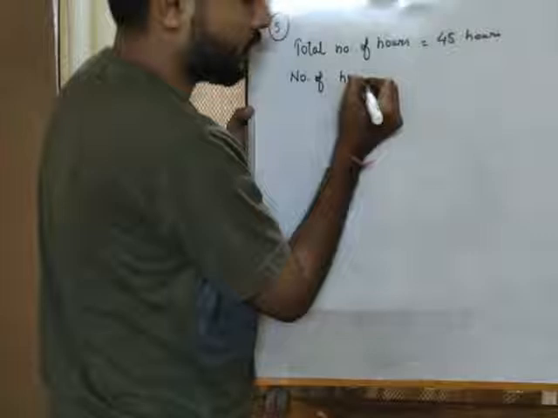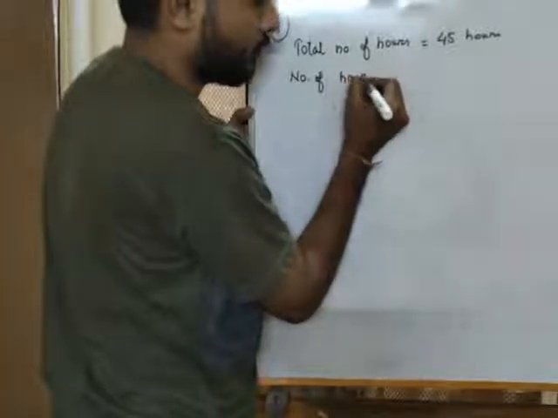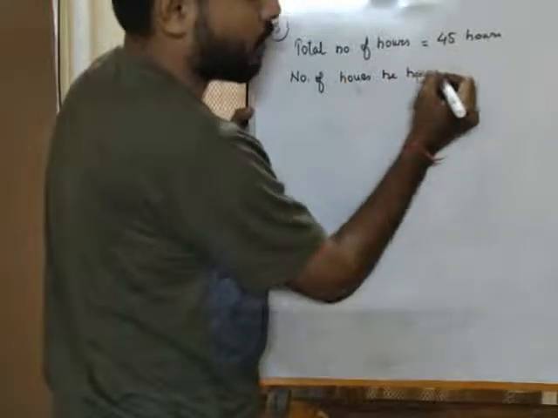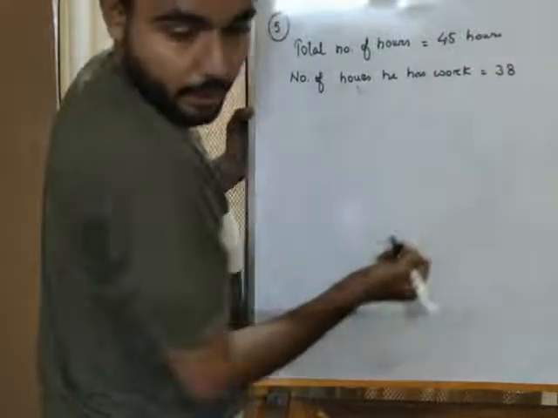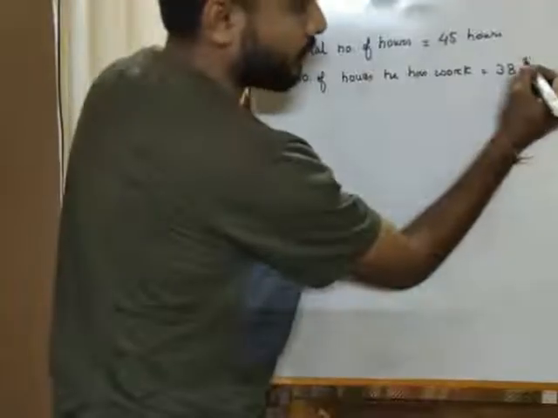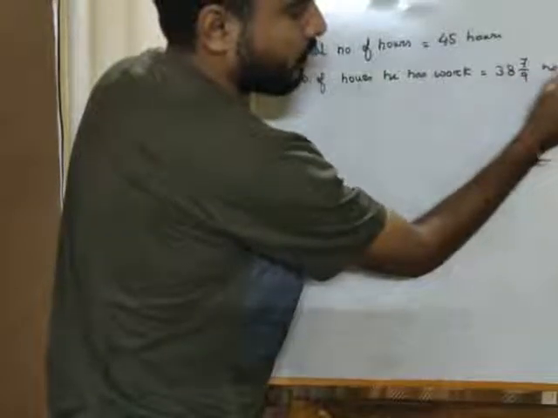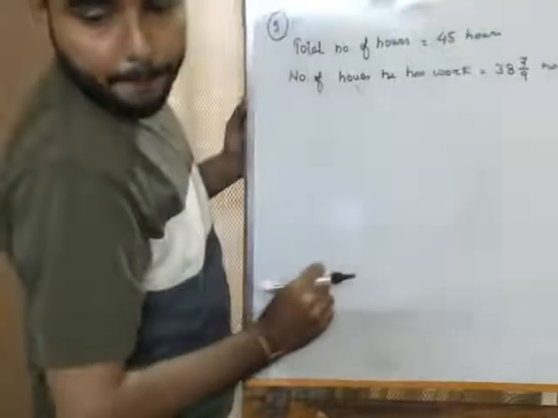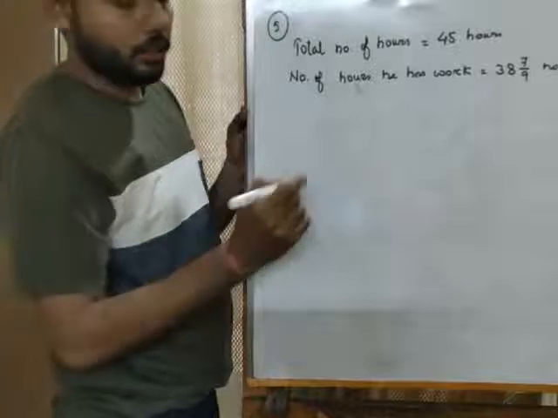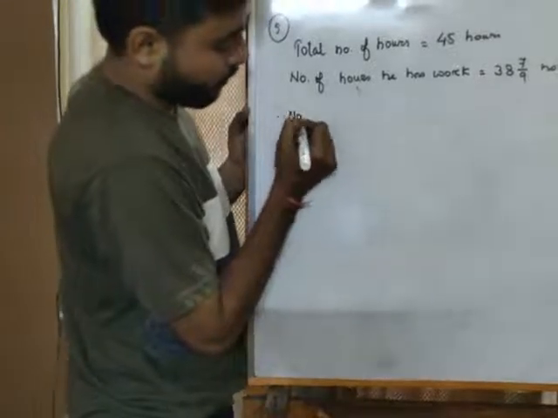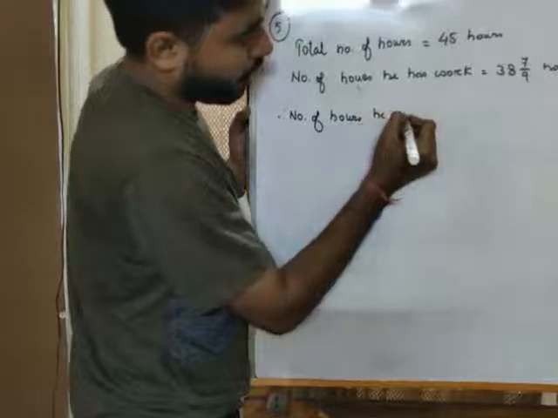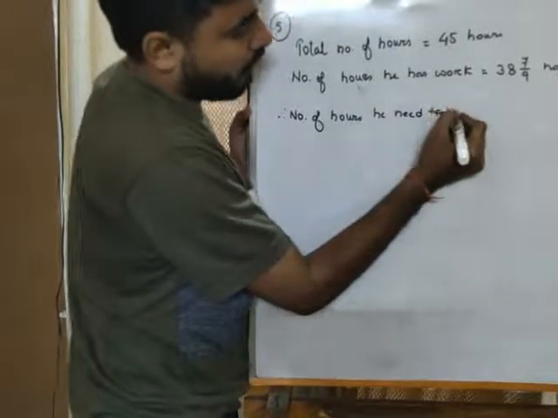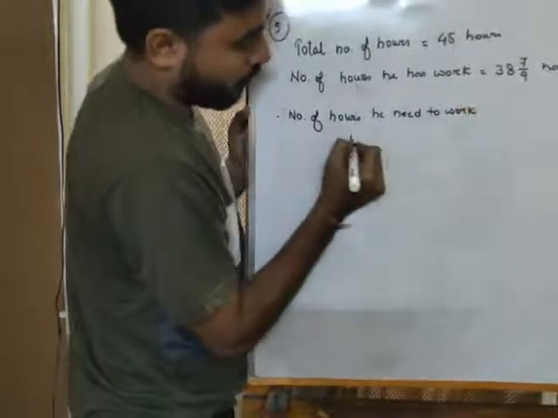Number of hours he has worked. So till now he has worked 38 7 by 9 hours. How many hours does he need to work on Friday? So number of hours he needs to work